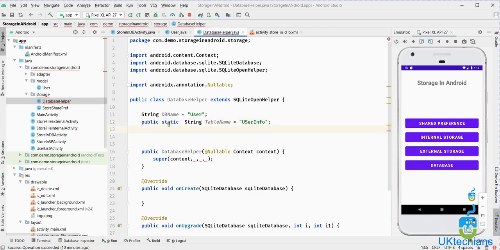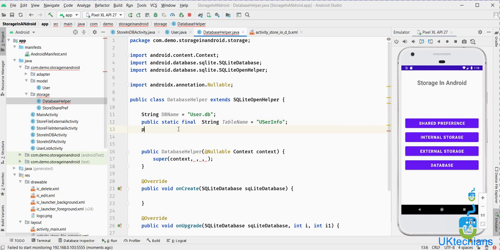I just forgot to add user.db, because we are creating the db here, so we will give the extension of .db. Also give the final here, right? So it will be the final name of the table.